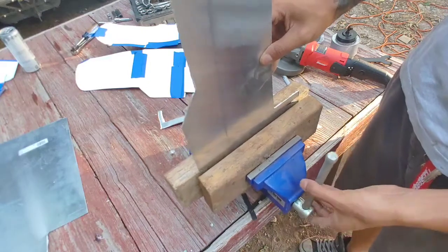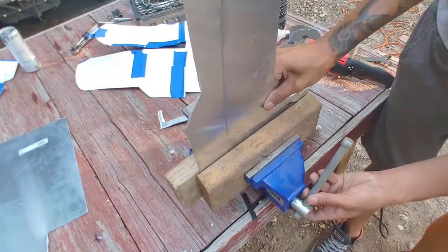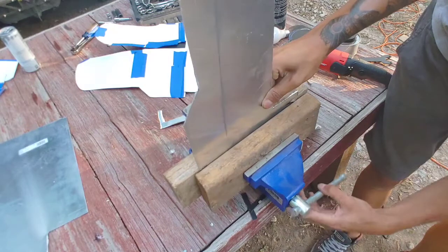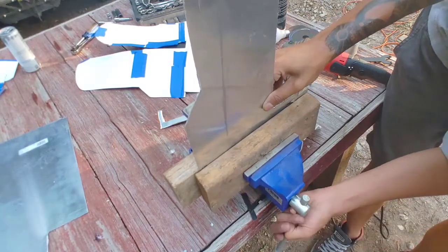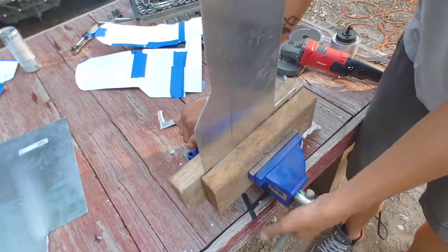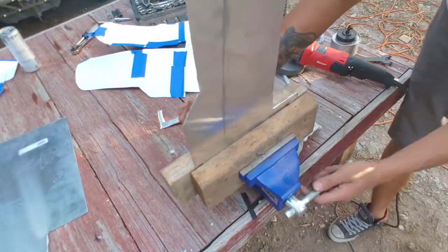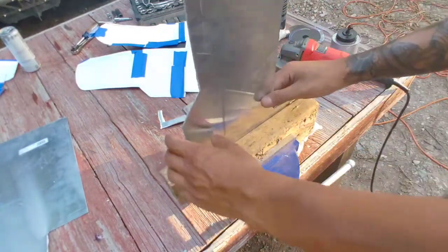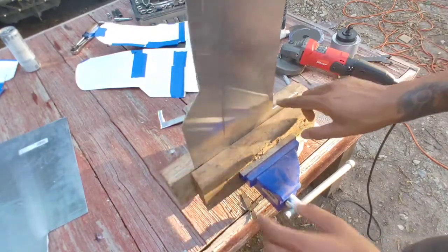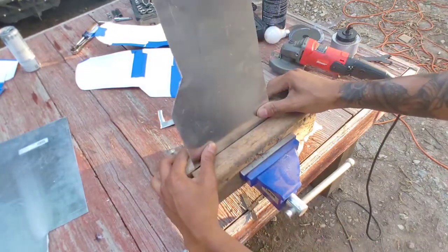Going to crimp it. Nice and tight. Let's see. Right here should be perfect. Gonna be a nice solid crimp on there so it doesn't slide through. I think someone is riding their ATV around or something. I don't know if you guys can hear that, but now I'm gonna push the whole thing sideways. We might end up cutting this piece off and going straight towards the curve. Not really sure yet, but